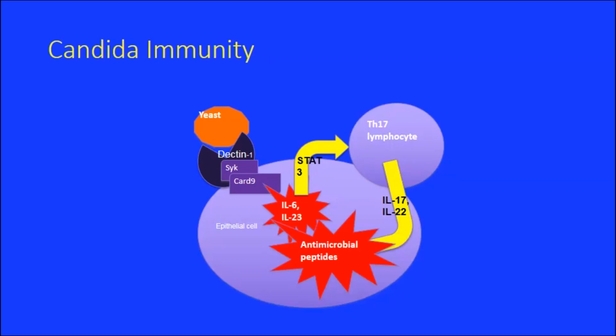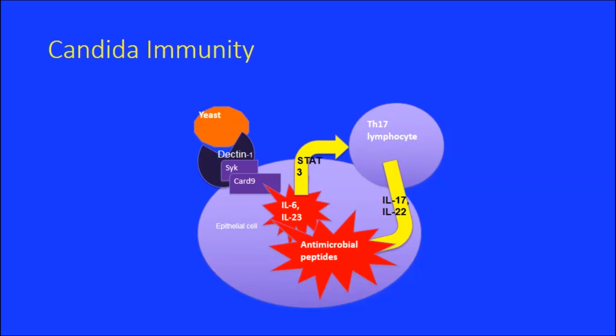Depending on the inflammatory milieu, lymphocytes can grow up and develop to do certain things. For instance, they become what we call Th1 cells, which are really good at killing bacteria inside cells, or they can become Th2, which causes things like allergies,